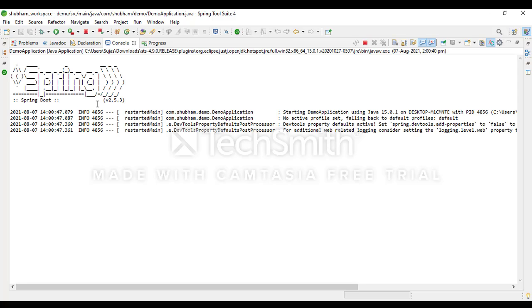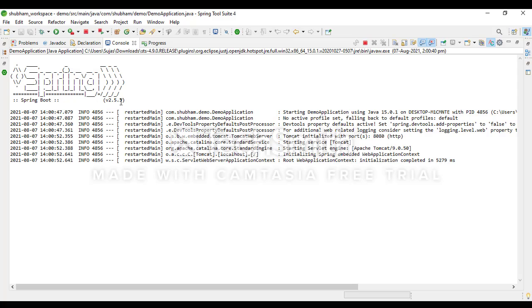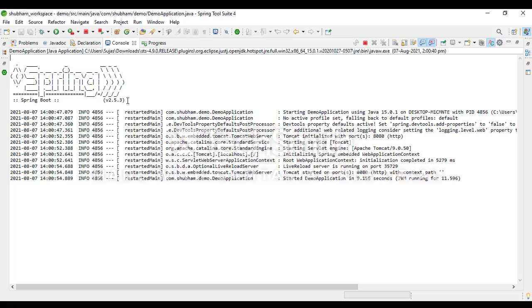You can see here Spring Boot version 2.5.3. We selected this version at the time of project creation in Spring Initializer. You can see it started DemoApplication in 9.6 seconds, JVM running for 11.59 seconds.